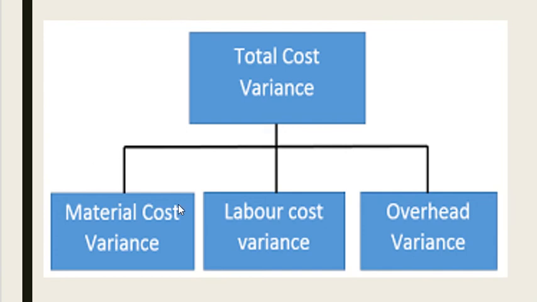Now when we talk about material cost variance: in a production department, you require material, labor, and overheads. Overheads are nothing but all the other expenses which assist the production. Materials are the raw materials, the basic requirement for producing. When you get raw materials, it is essential to have laborers to work, and based on the hours they work, wages will be given to them. Then overheads are other expenses to be met in order to complete the production. So now we will be discussing one by one.